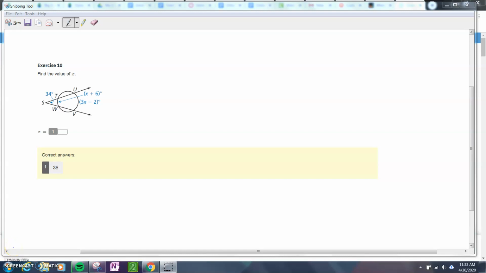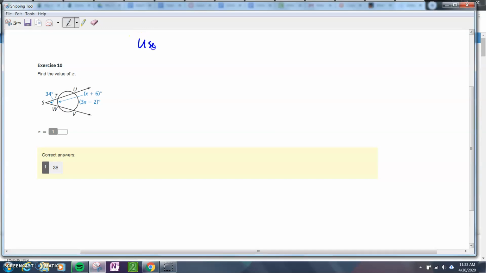Alright, so let's take a look at exercise 10. We're going to use the angles outside the circle theorem. And a lot of these really say the same thing. They say this outside angle,